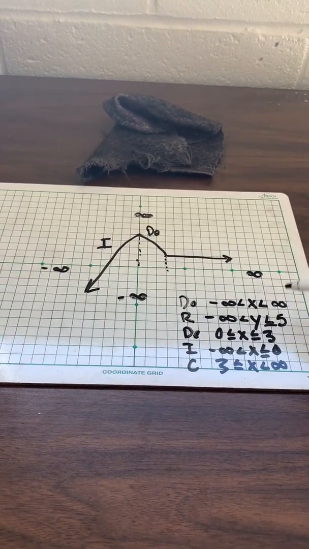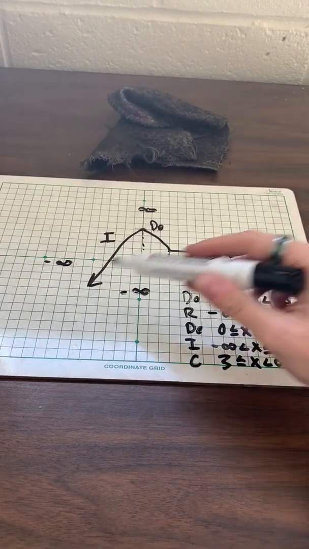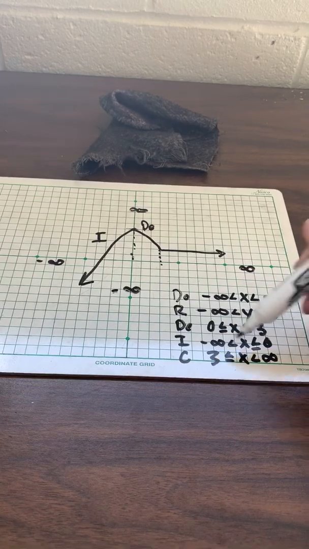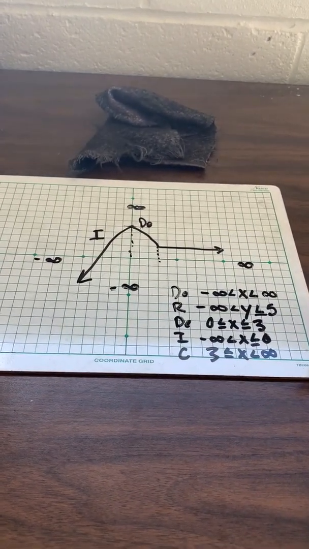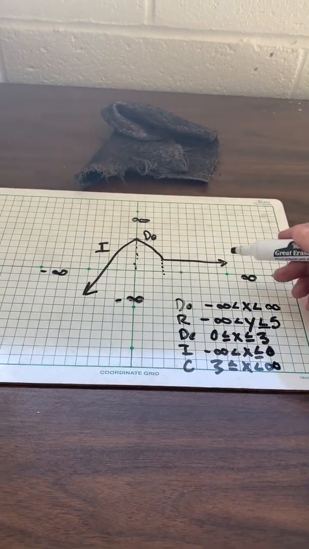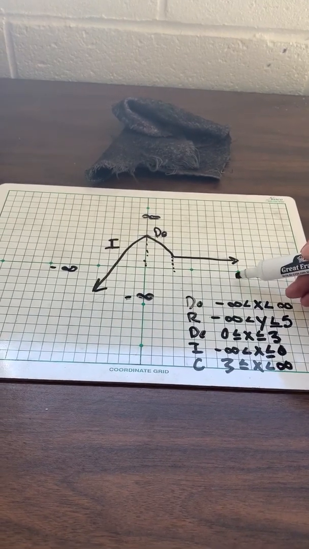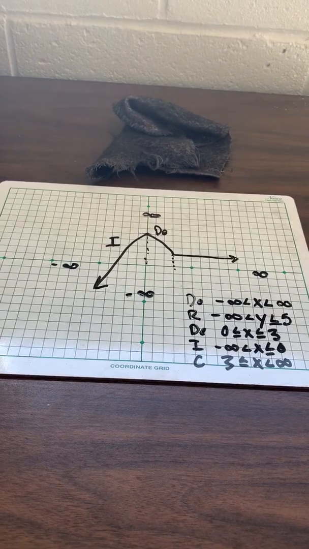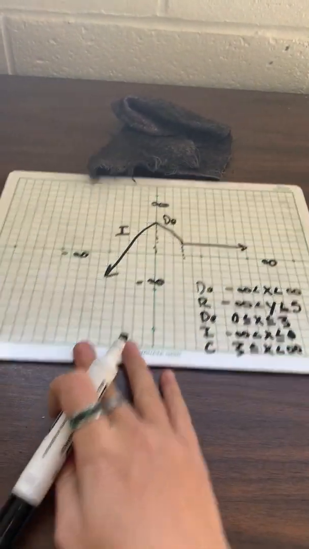When you do a graph analysis that has arrows on it, you should have an infinity symbol, positive or negative, in almost every answer. If you don't, you need to go back, look at those arrows. Did you match them up with the point or did you match it up with the infinity like you were supposed to? You go back and look at that. Now that you've done that,